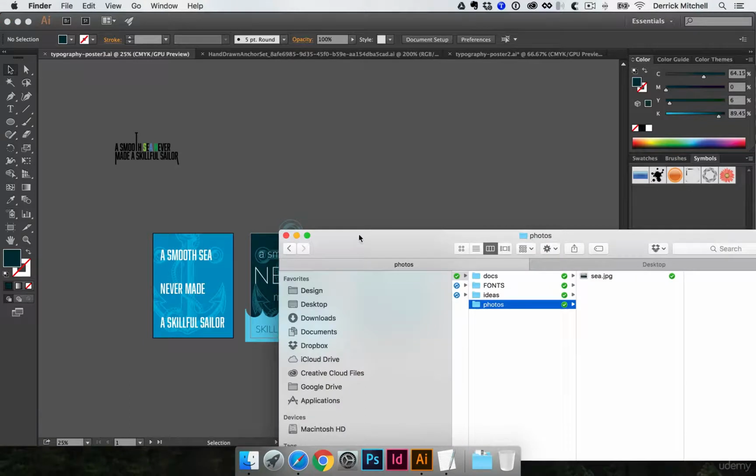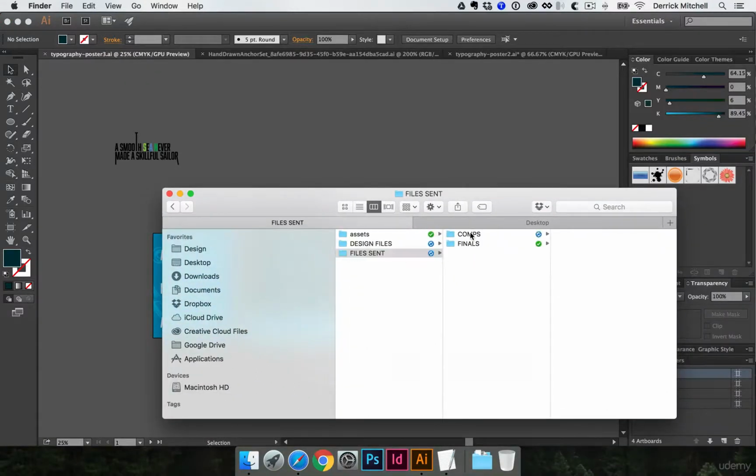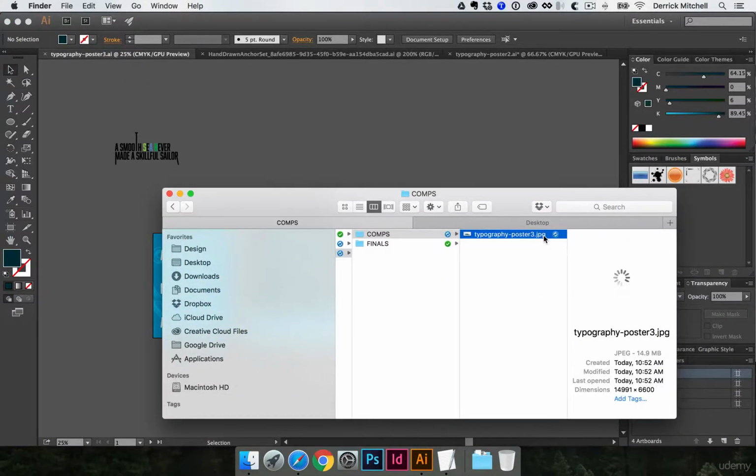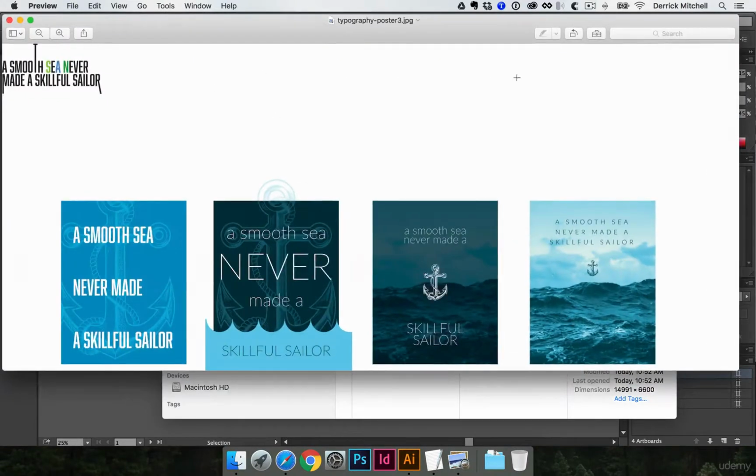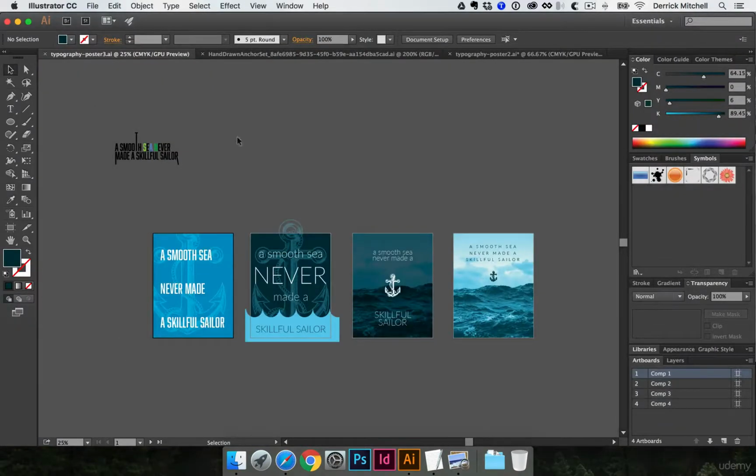And now if I jump over to those files sent, I see I have this JPEG, but if I open it up, it's a JPEG. This is exactly what I expected because I've done this before on accident many times. It exported any piece of artwork I had as one big JPEG. Sometimes that's helpful, and this is where, see where I cropped that initial anchor with a mask, and I didn't do this one. So, you know, maybe you want to crop these off if you're going to export it this way, like the waves. But if you let Illustrator do this for you, let's come back over here,